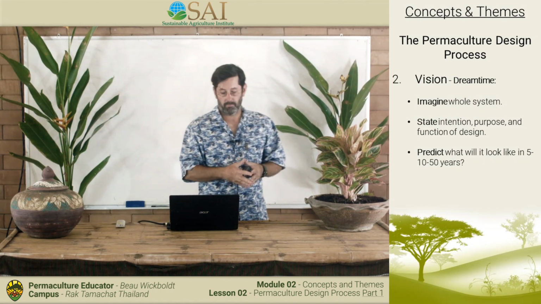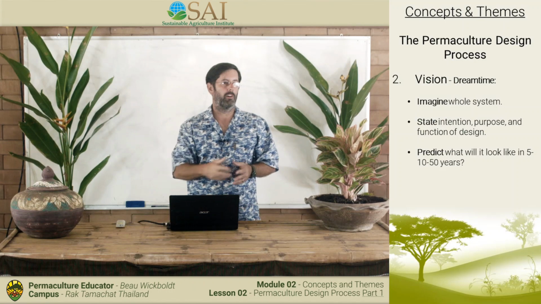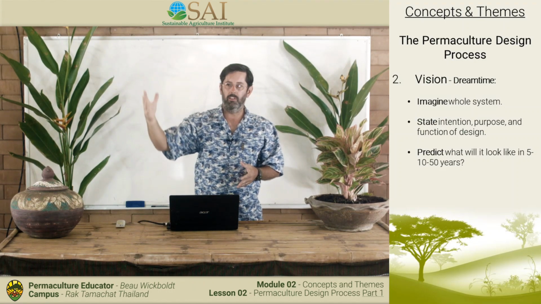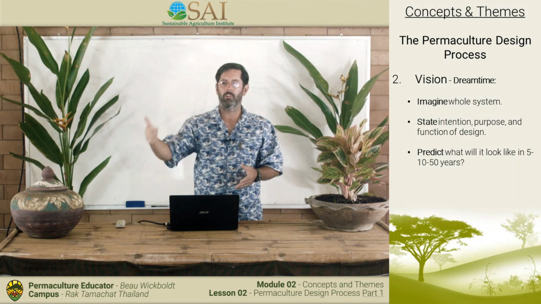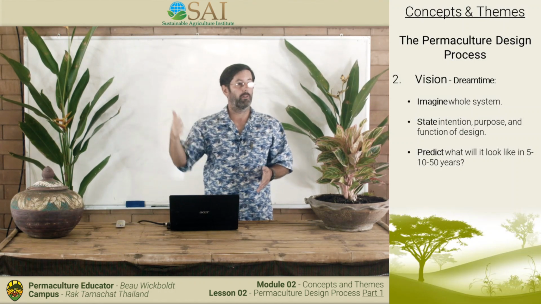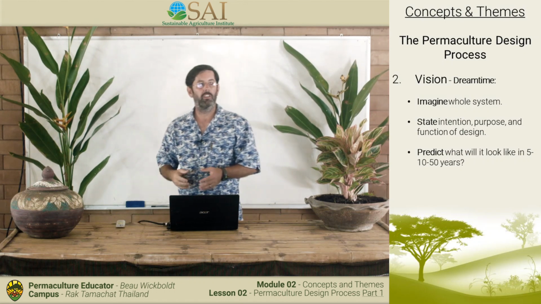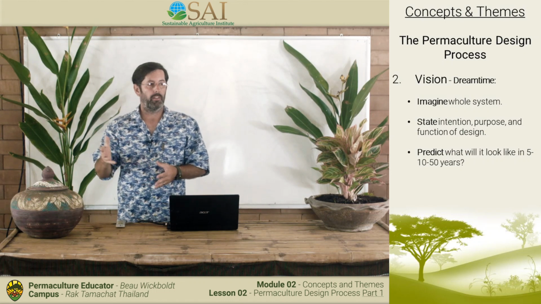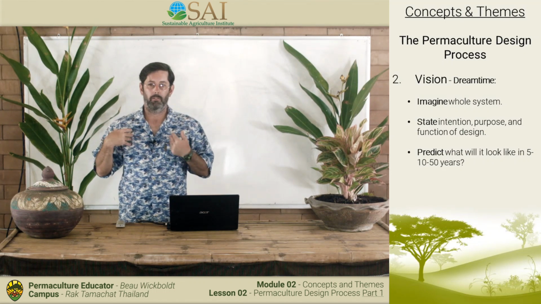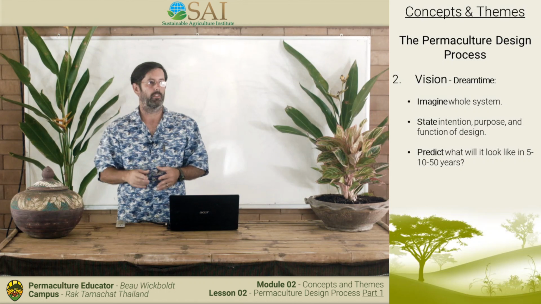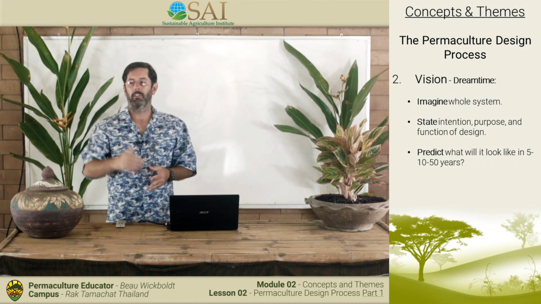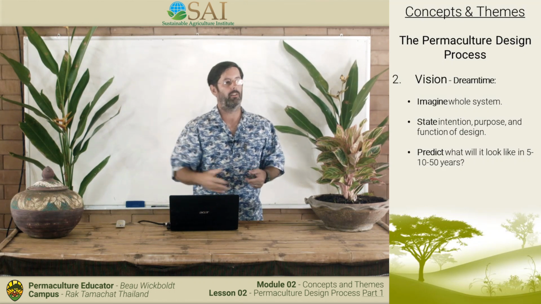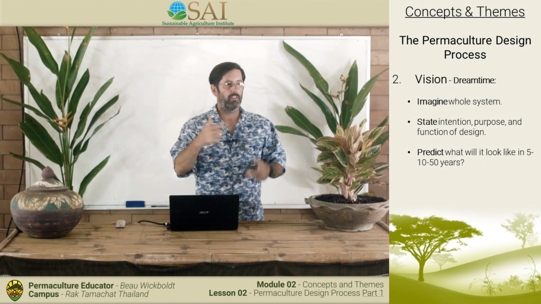Predict what it'll look like. 5, 10, 50 years out, what does this look like? When there's mature 50-year-old teak trees. What does it look like when you have mature jackfruit trees, mature durian? A lot of the fruits that we planted take 20, 30 years to fruit. Okay? That's a long period of time. There's trees here that I'll never see in my lifetime, the fruits of that tree. But the next generation will. And if our generation will not plant those things, they won't be there in the next generations because nobody's planting them. These are the type of things we want to